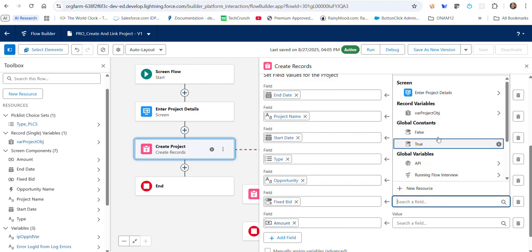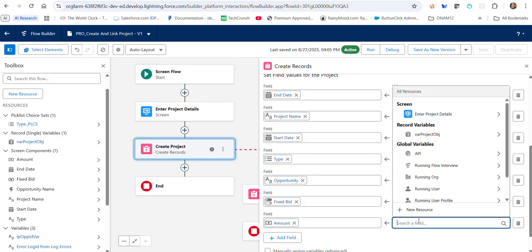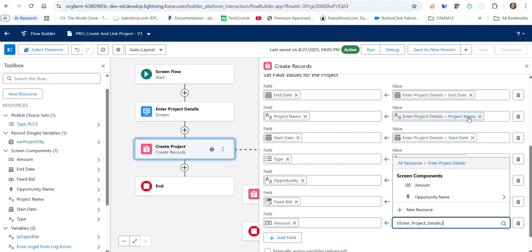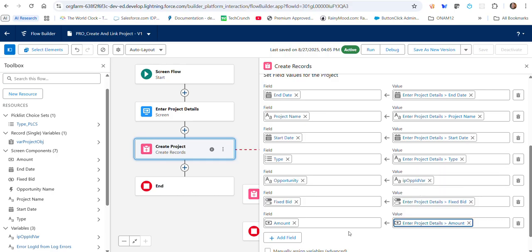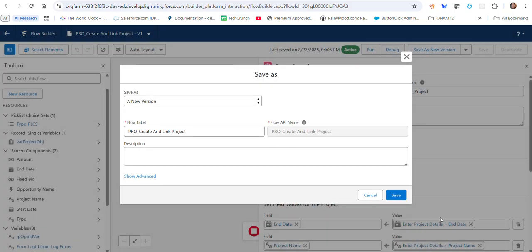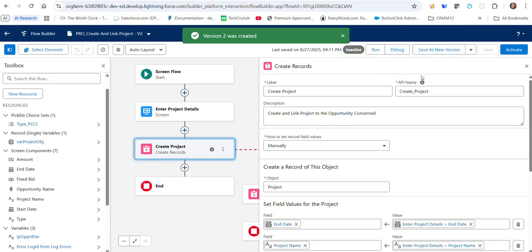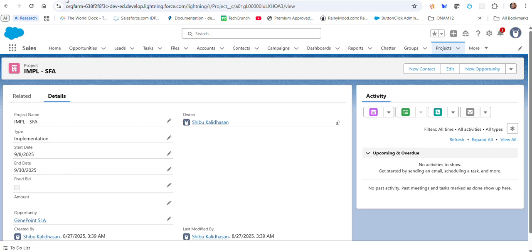Fixed bid comes from your screen flow, and the amount again from the screen flow. So the screen component, yeah, in the flow. Okay, screen, and save as a new version. It's good to always add the details. And let's activate it, because for each version you should know why you created the new version. Okay, all right, so let's go back